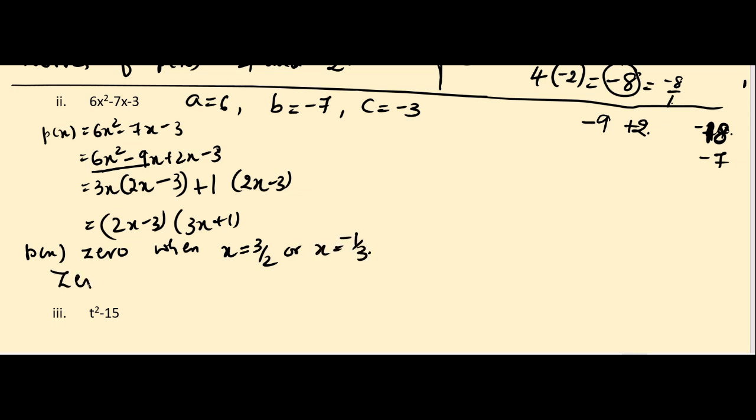So zeros of this given polynomial p of x are 3 by 2 and minus 1 by 3. So verification,